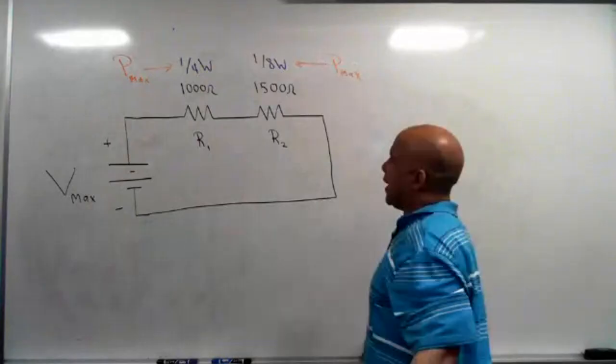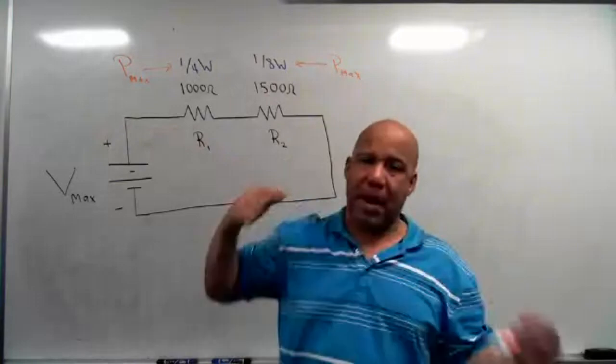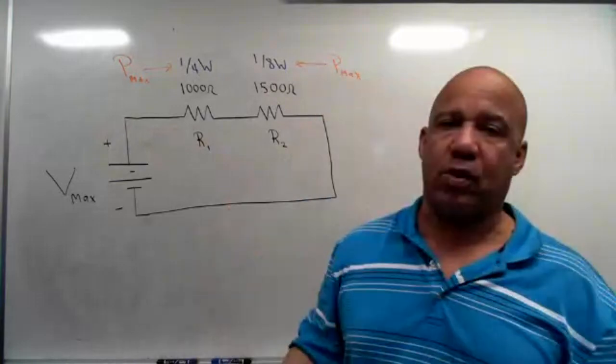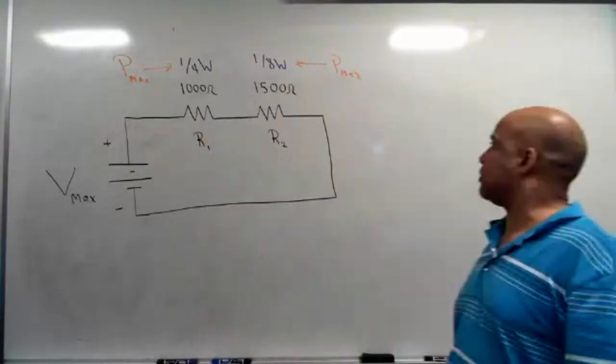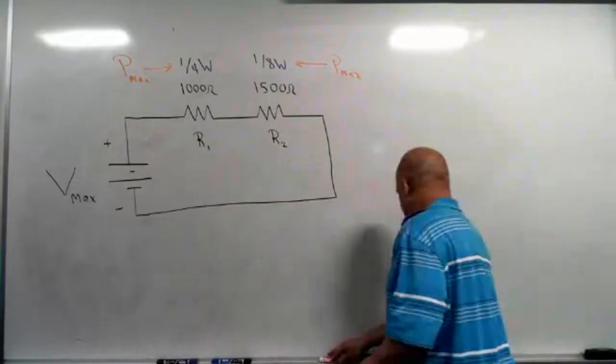We're not saying that the resistor is dissipating 1/4 watt. We're saying that the maximum power it can handle is 1/4 watt. You go above that, you fry the resistor. So the question is, now, the other thing I want to show you is,